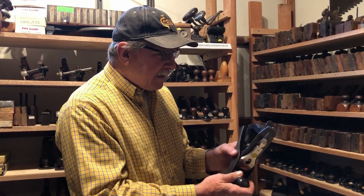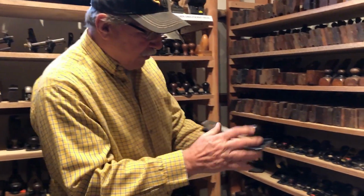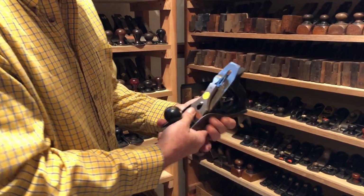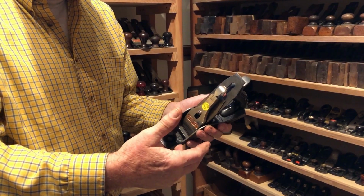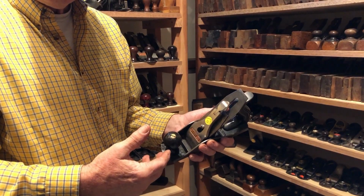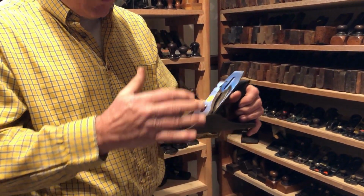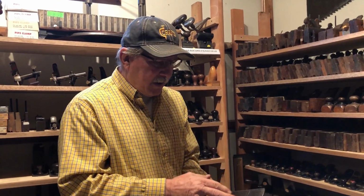And a lot of the things that you'll find on these planes, whether it's the lateral adjuster or the little kidney shape in here, a lot of it really was for marketing, to make it sound like it was new and innovative. But in reality, you can get a Stanley Handyman, and if it's really sharp, you're going to get pretty much the same results. You're going to get good results out of it. The key is the sharpening and the setting, the tuning up. Yes. It's the tuning up of the frog, tuning up the blade, the chip breaker,